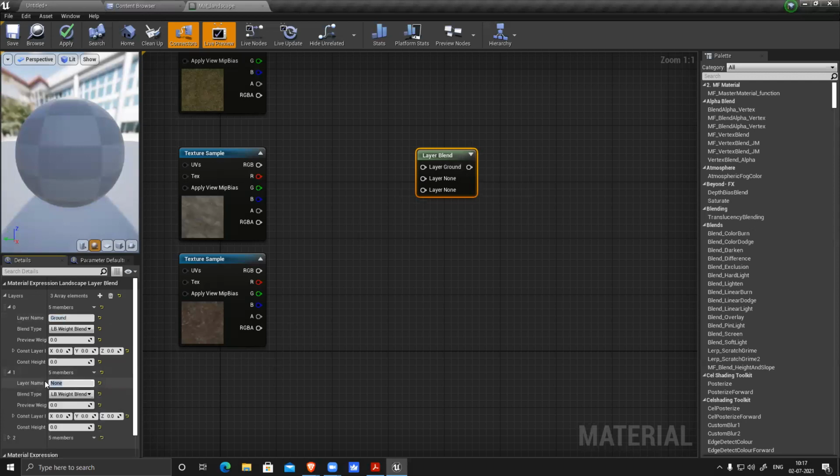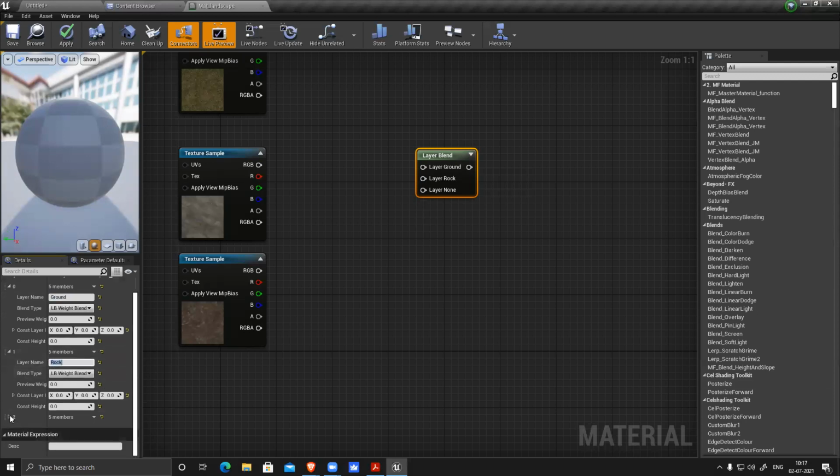Second one is my rock, name change. And third one is my kind of mossy rock. So I can name it whatever I want.